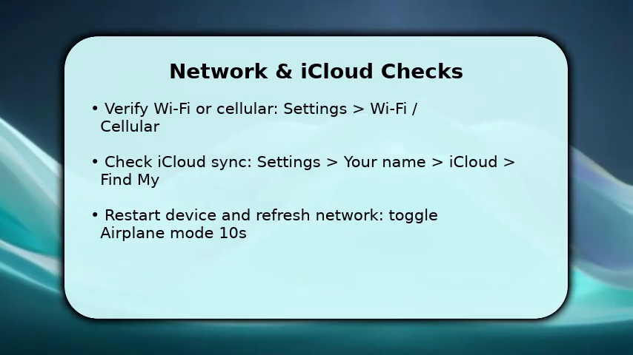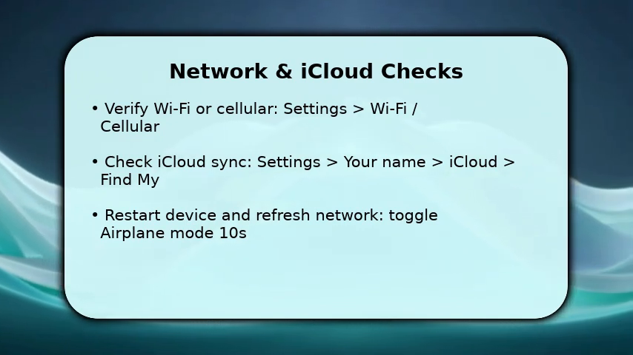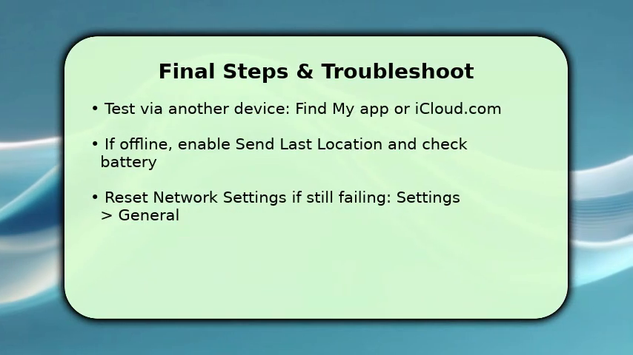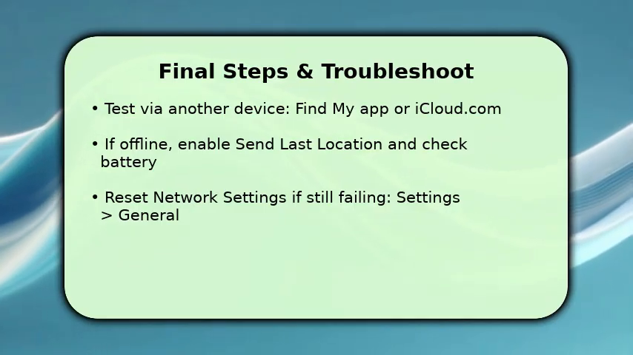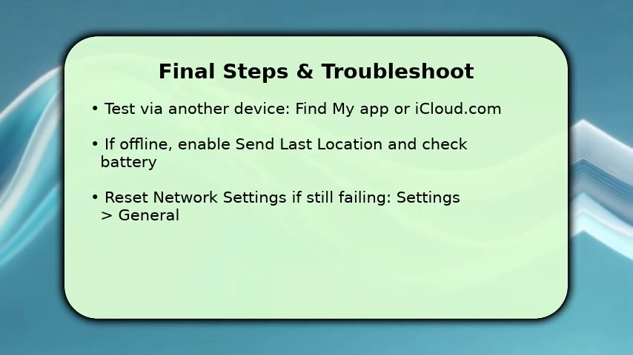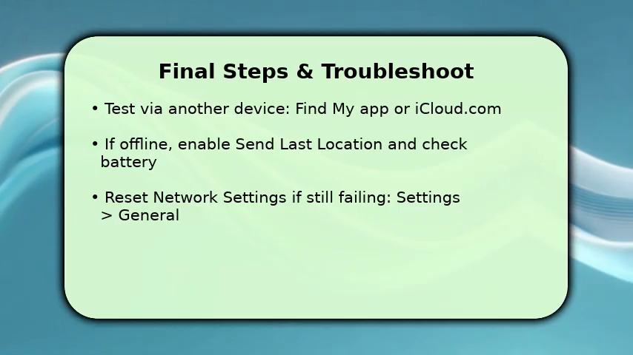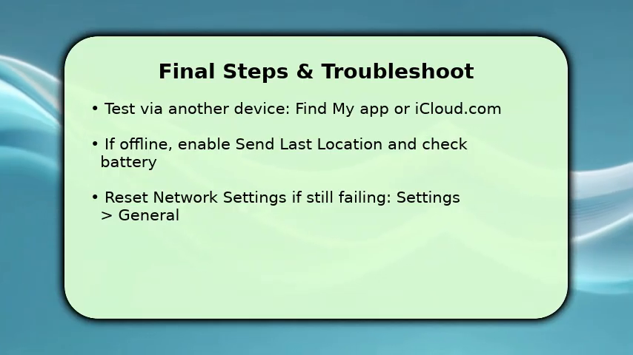Finish by testing from another device or iCloud. Try to locate, play sound, or mark as lost to confirm functionality. If the device shows offline, enable Send Last Location and inspect battery health because low power can disable reporting. If problems persist, reset network settings to clear corrupt Wi-Fi or VPN entries. This preserves data but requires rejoining networks. One key troubleshooting tip: sign out of